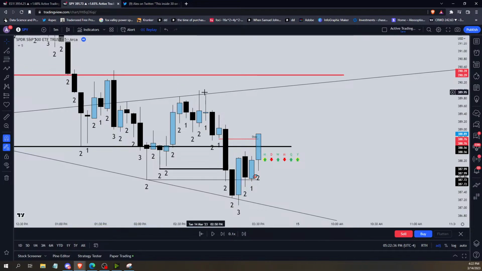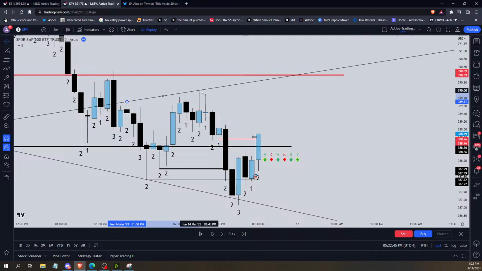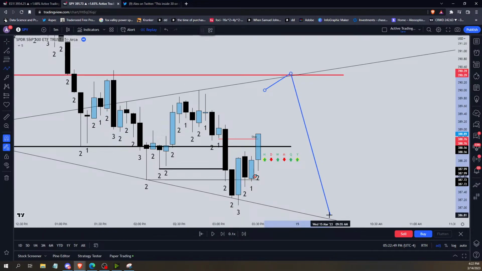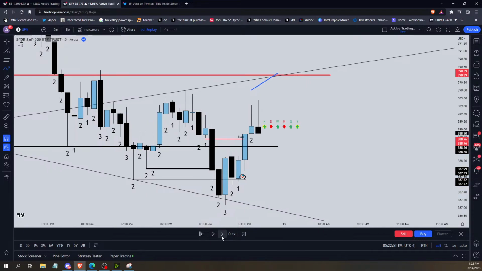One thing to note, we're still below previous day high. So if someone were to be bullish down here, you need to get back above this, right? And if we're not back above this, then what happens? We're coming back to the top of the TRY, and then we're going to come back through it again. So if we play it through,